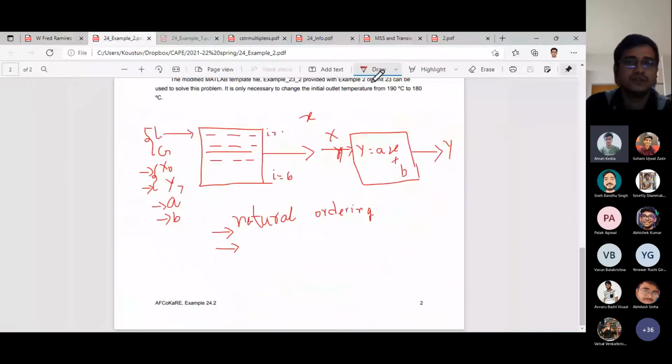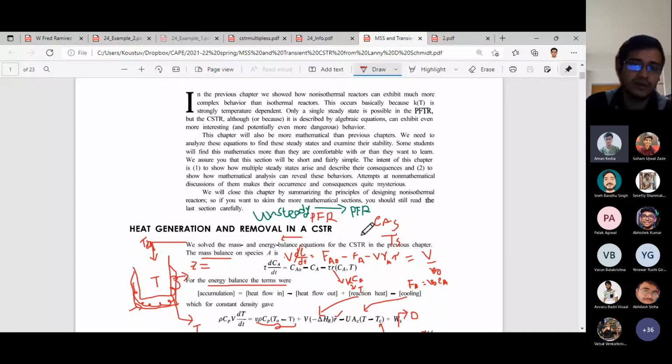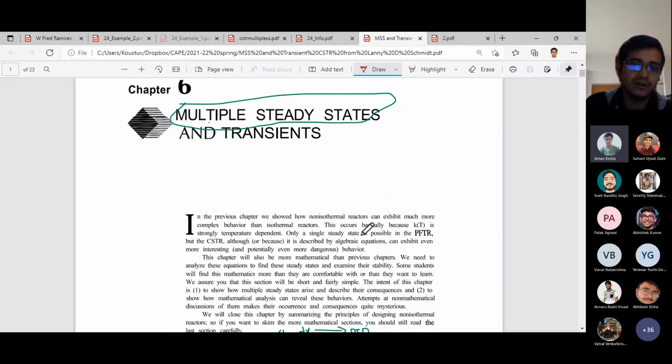Okay, now I'll move to what is called the multiple steady state problem. So how do we analyze the different steady states and what are their physical meaning, what do we mean by that, and why are we interested in knowing them, not only for the sake of calculations that we got several steady states, but what they actually mean, and whether we can operate the reactor, or how do we operate the reactor?